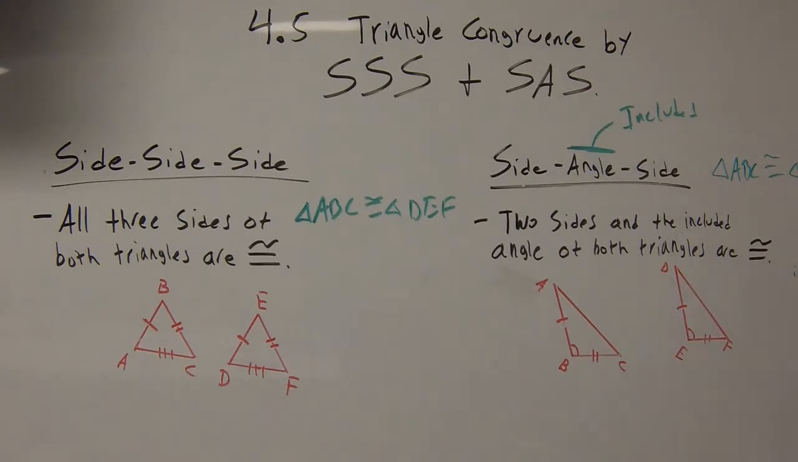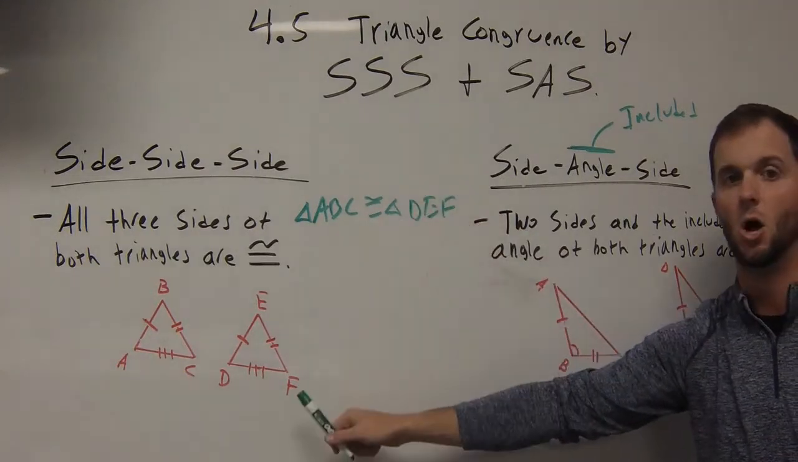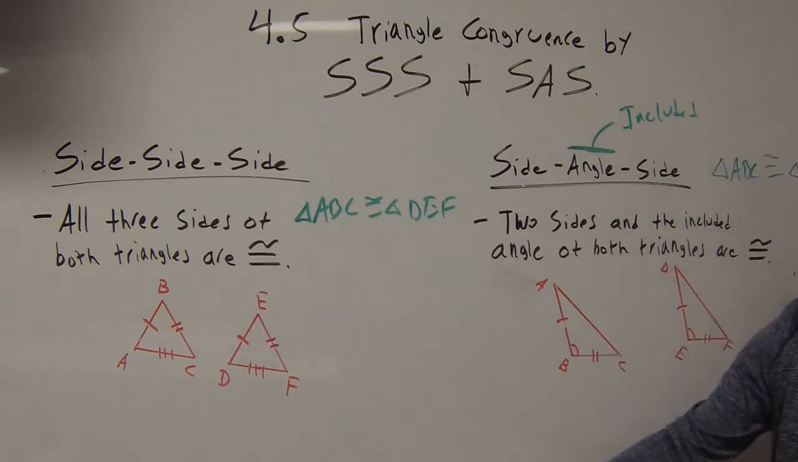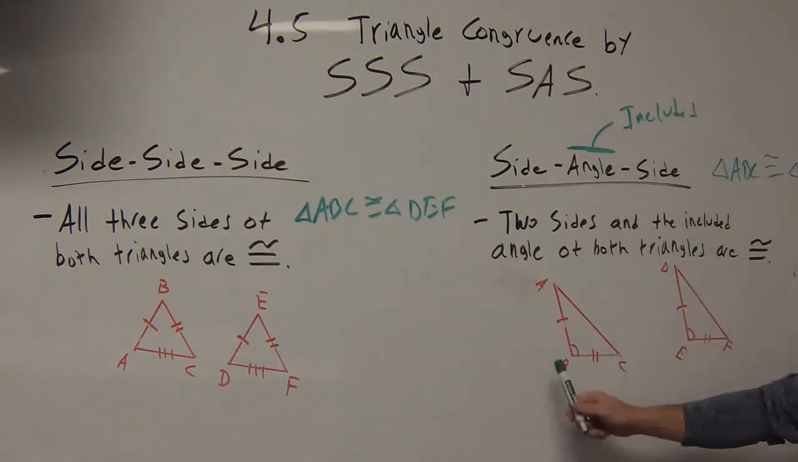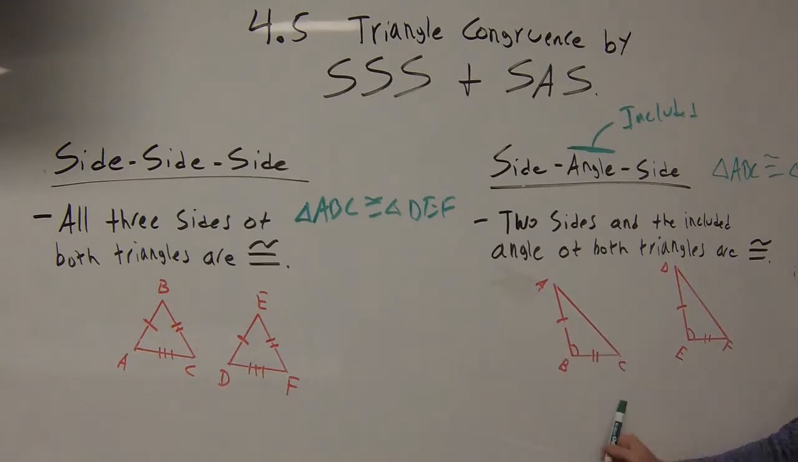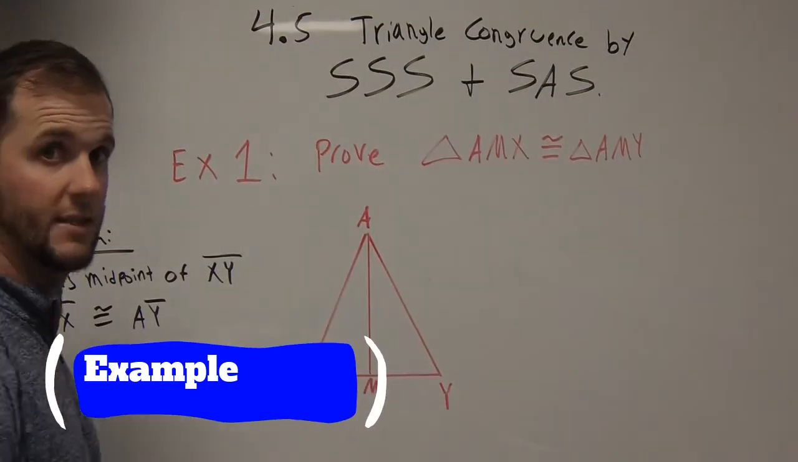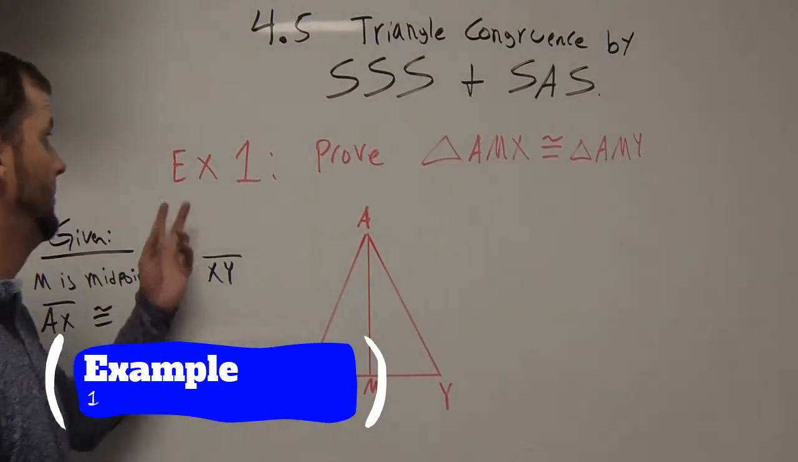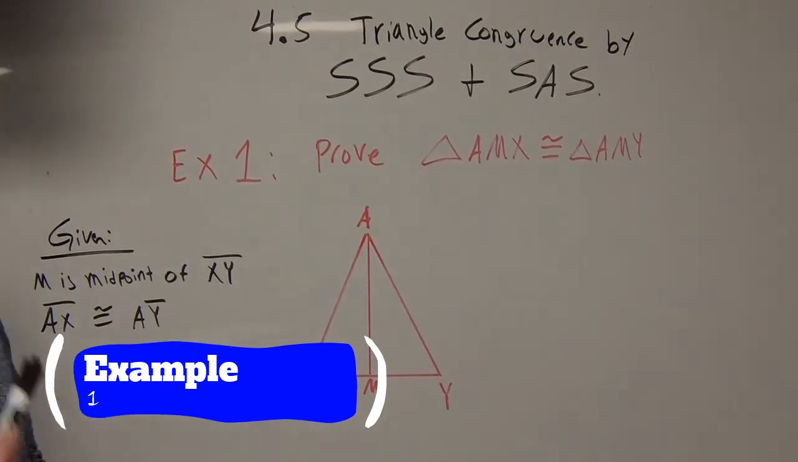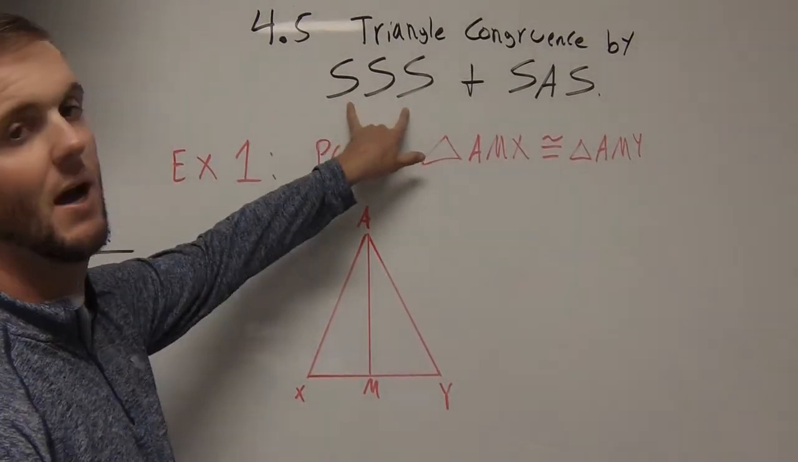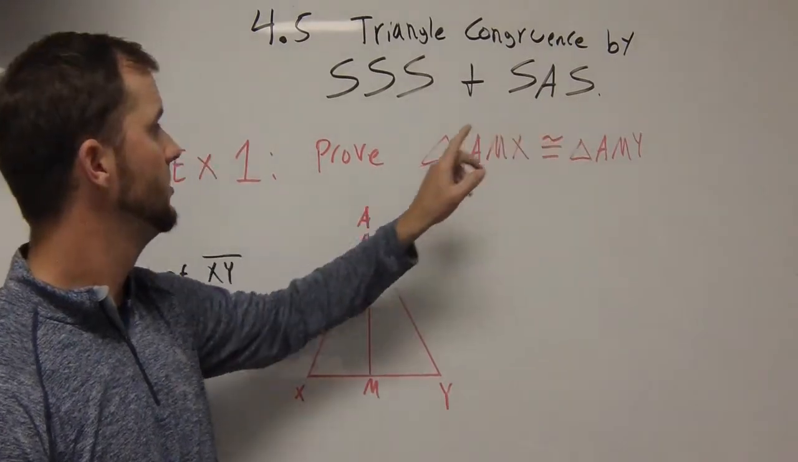So ladies and gentlemen, side, side, side: all three sides have to be congruent. Side, angle, side: a side, and the angle in between those have to be congruent for the whole thing to be congruent. Okay, so looking at example one here, we are going to use either side, side, side or side, angle, side to prove